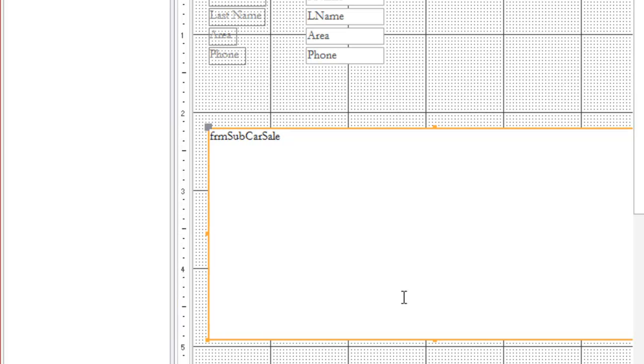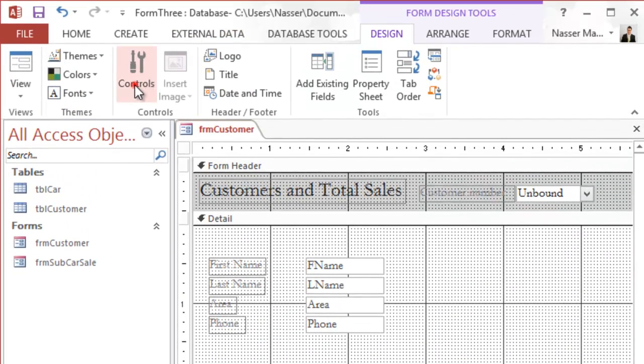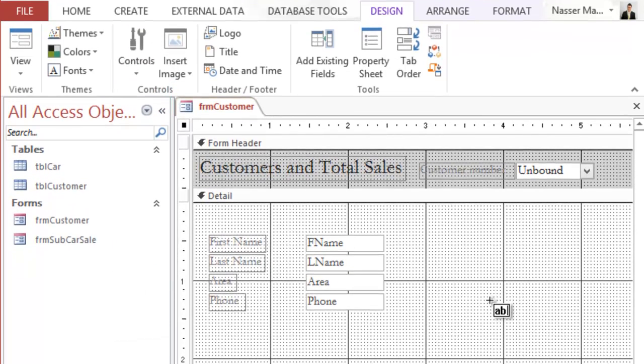Alright, and then now I will go to control text, and then I will add my first text here. Make sure that you use the right arrow to position it, and this grid is very helpful because it tells you exactly the alignments. Alright, and now I will go to property sheets,